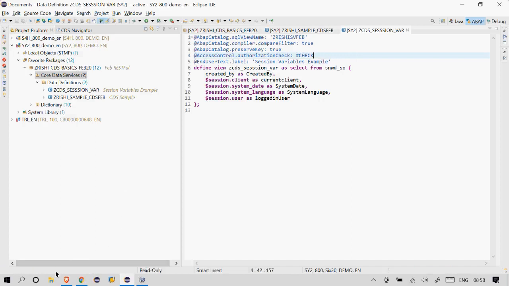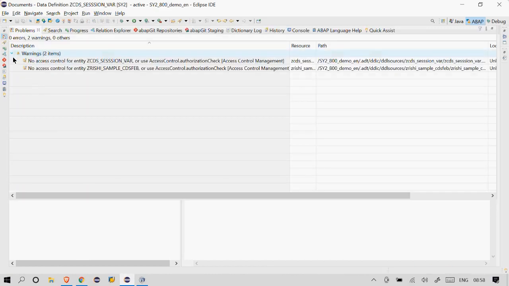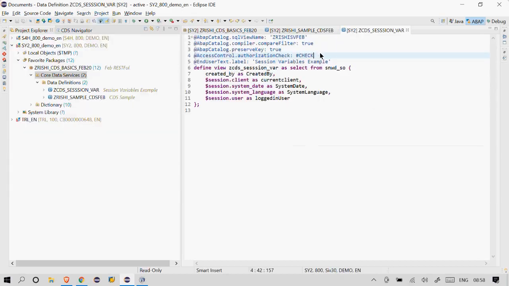So let's go to problems. So there are warnings. You see, no access control for the sample series feb. So it will give a syntax warning for me: you have mentioned in the file that check for authorization, but you did not create any access control for that. That's the reason I'm getting the syntax warning. And if you say no check,